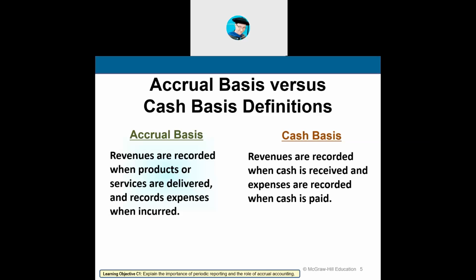So we're in August, right? It's August 31st. I received my electric bill and it shows the electric I consumed back in July. If I'm a cash-based business, I got it in August, I pay it in August, it goes in August expenses. That's cash-based. If I received the bill in August and it was for electric that I used in July, I